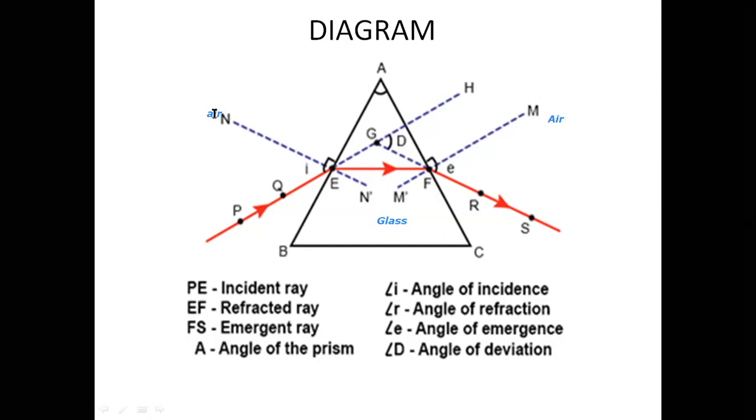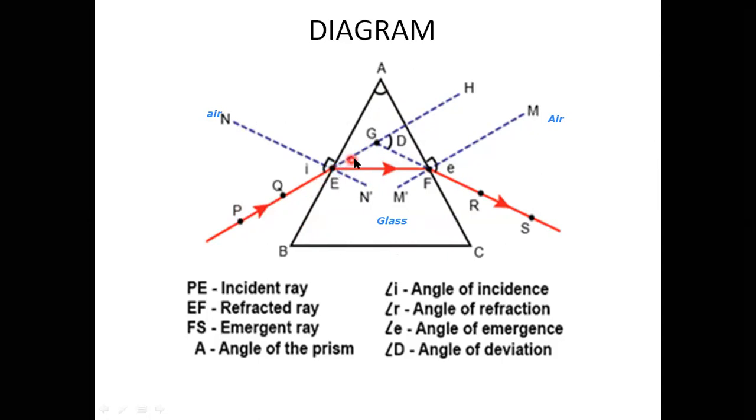All right. So since it is moving from rarer to denser, it is refracting towards the normal. This EF is my refracted ray. Now in case we don't place this prism ABC where we have placed it right now, this ray PE